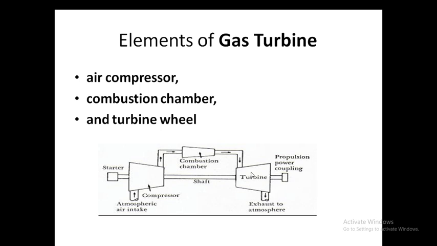And some part of the energy generated by this turbine is used to rotate the compressor here. So the part of the total power developed by this turbine is used to run the compressor here. You use the starter only once, for the first time, to start it. After the jet turbine starts producing power, this energy is used to run the compressor. Okay.